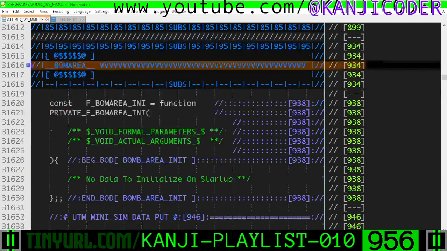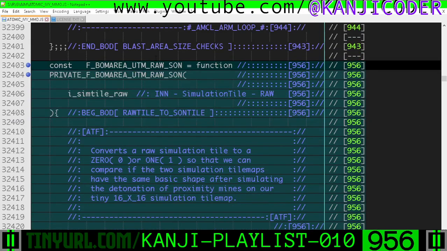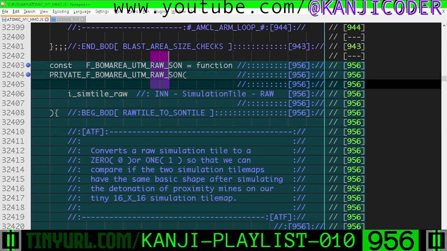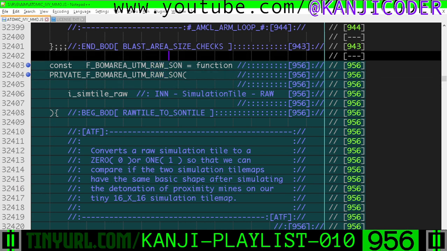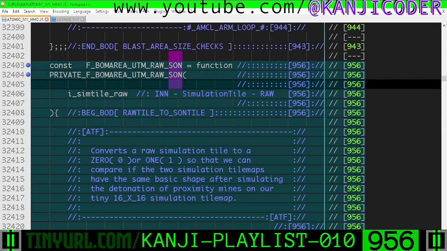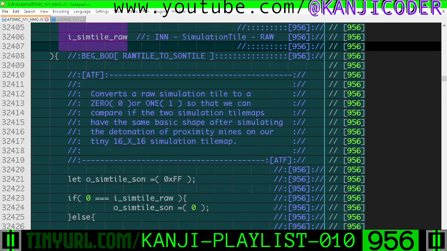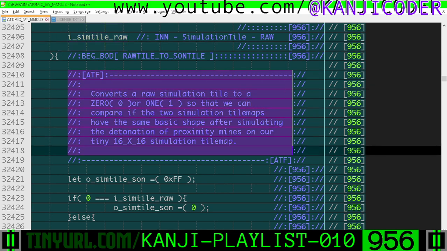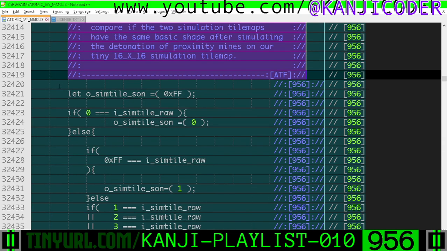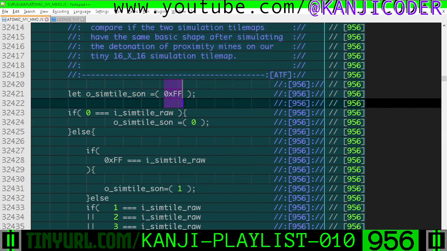Okay, bomb area function section. Inside of bomb area unit test main, raw tile value is converted to a something or nothing tile: a something 1 or a nothing 0. So we're going to take this input tile from the tile map and down filter it to 1 or 0 so that we can diff our two tile maps, the simulation tile map and the answer key. So we have an explanation about this, and the output is going to be set to an invalid value